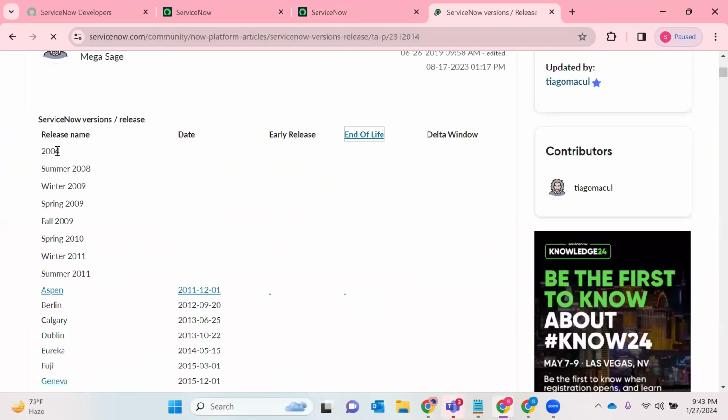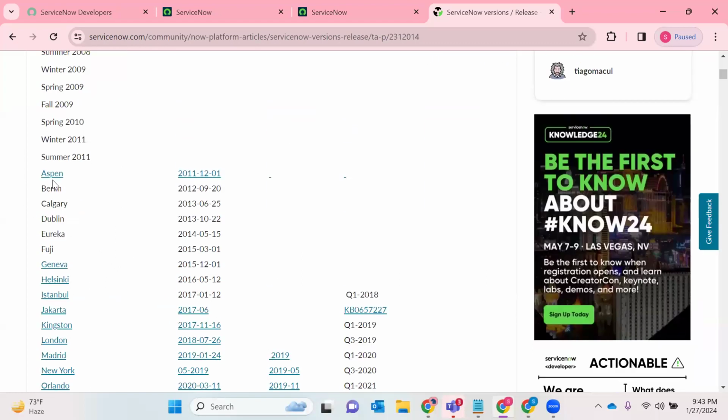Okay, what is the use of these versions? Let this tab open, I want to show you the versions. As I told you, it was introduced in the year 2004, and we started having version names like summer, winter, spring, fall 2009, like that. And from 2012 they started having